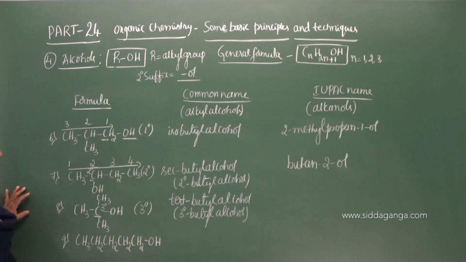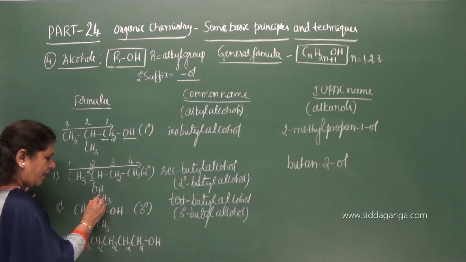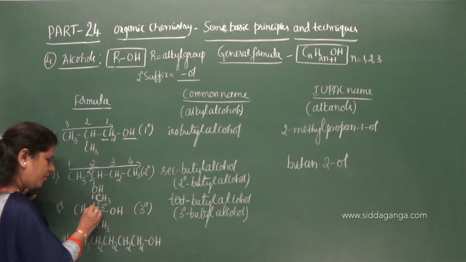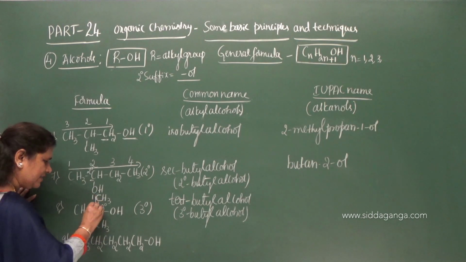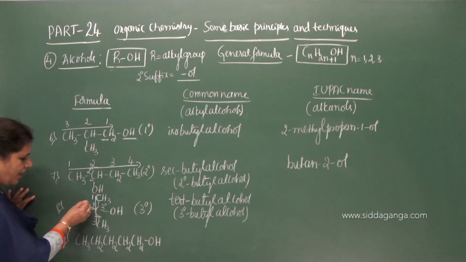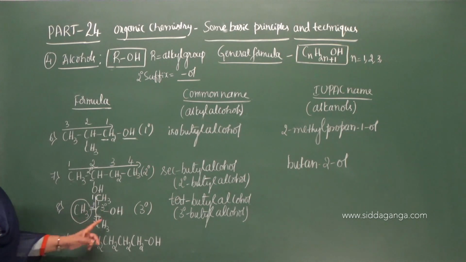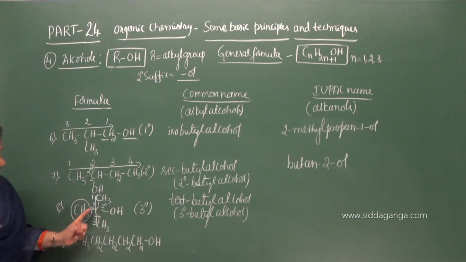Select the straight chain which must contain the maximum number of carbon atoms. So we can select this carbon chain now. This is carbon 1, 2 and 3. On the second carbon we have a methyl group. This becomes the substituent, and on the second carbon we have the OH group. Therefore, what is the root word? The root word gives the number of carbon atoms in the parent chain. Here the parent chain contains 3 carbon atoms and hence the root word is prop.